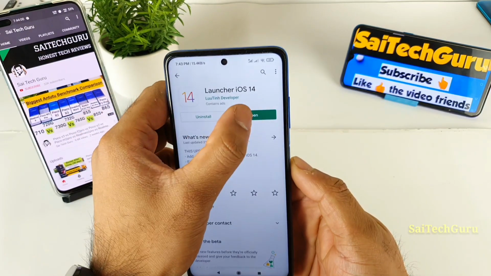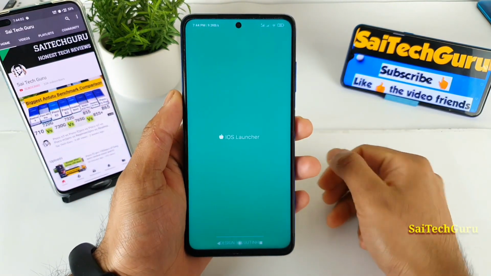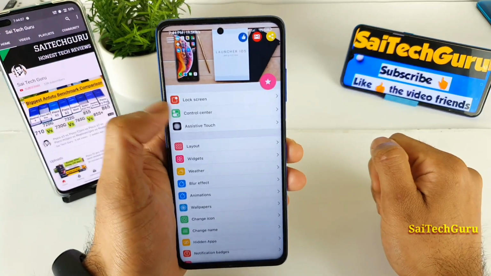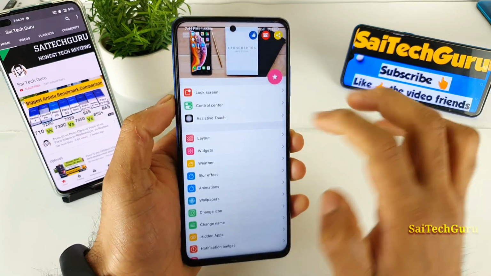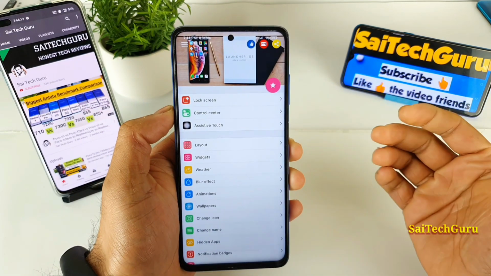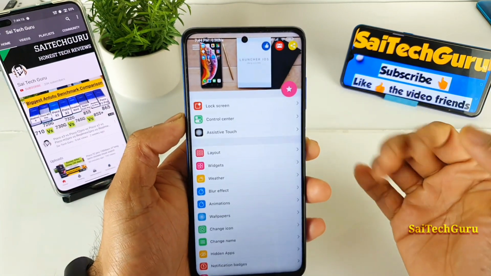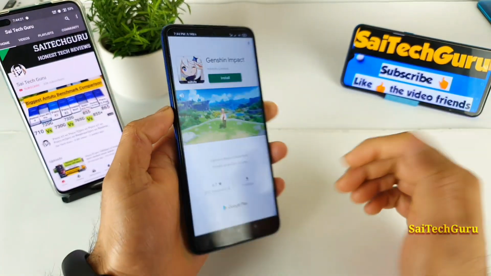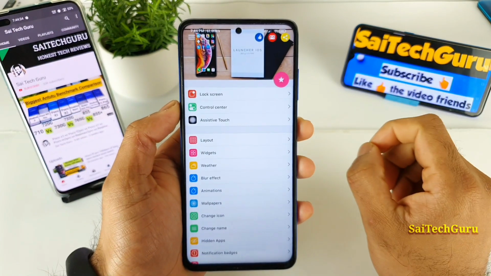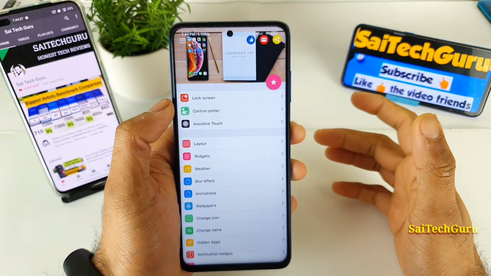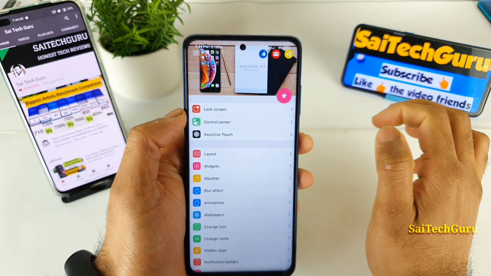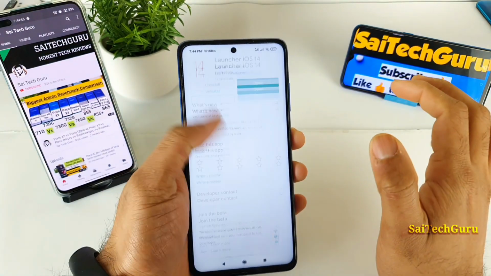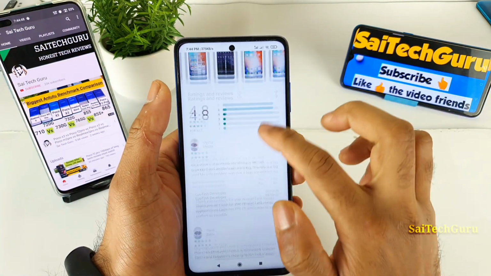Once you download this launcher, if you open the settings, in this iOS launcher you get this kind of options on the top, as you can see here, friends. These are lock screen settings, the control center, and the assistive touch. So there are 3 applications. If you want, you can download them, otherwise it's up to you, but mostly I'd prefer you to download the top 2 applications, not the assistive touch, because I won't be using the assistive touch at all, so I won't recommend you to download it, but mostly the top 2 applications you can download. If you click on that one, it will directly take you to the Play Store and open over there, and you can download all the necessary applications which are required for this.